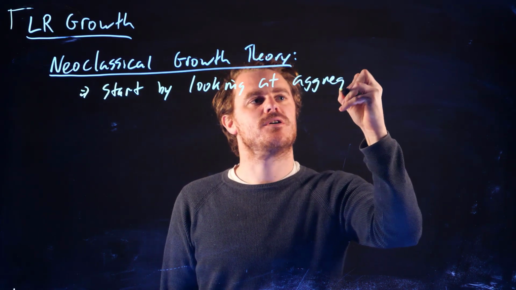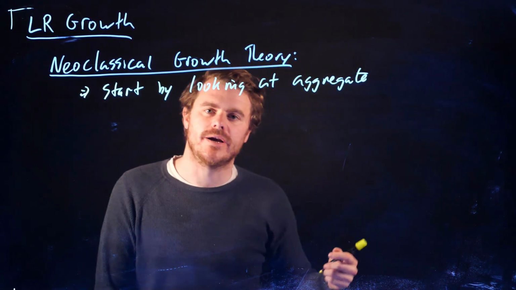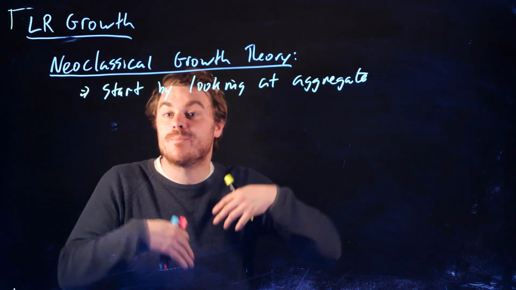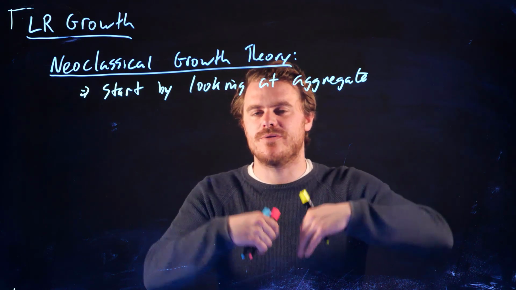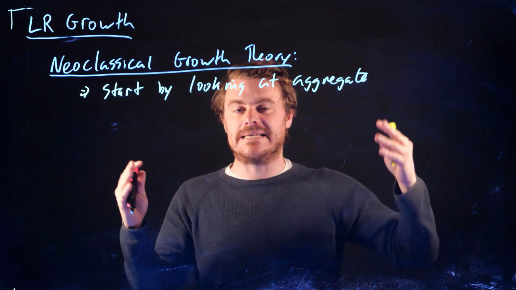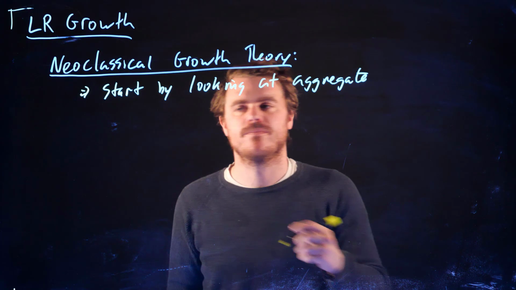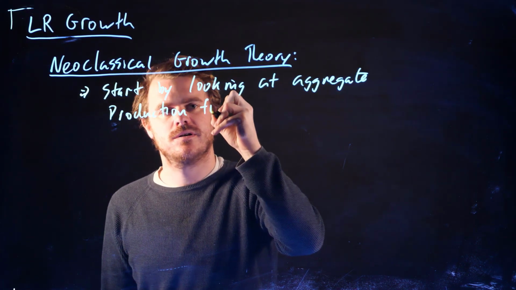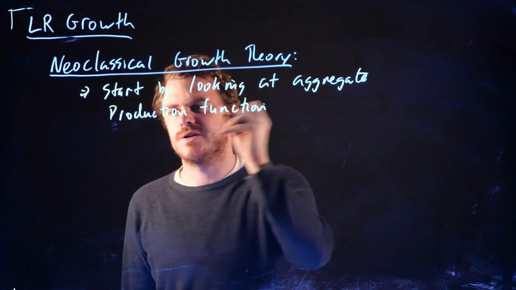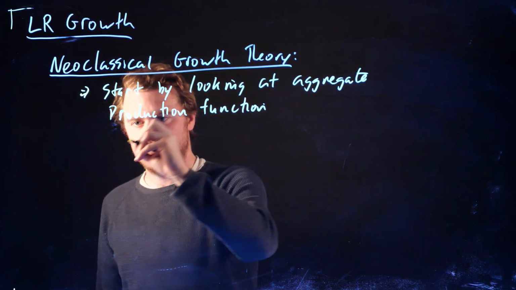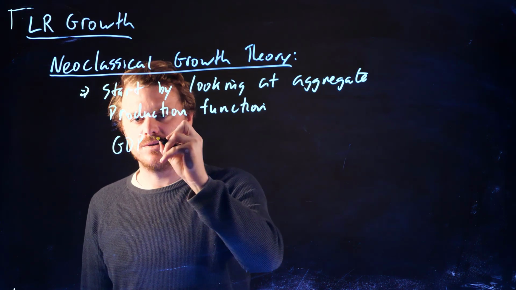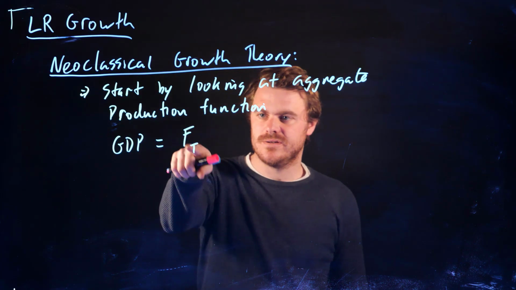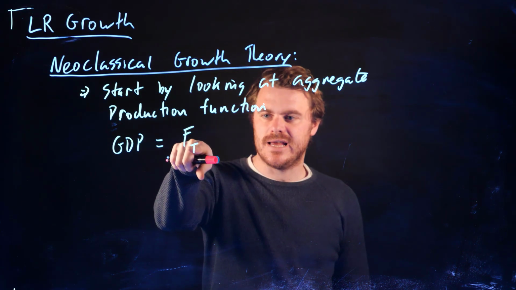If you remember when we did producer theory, or when we looked at the cost functions of firms, we had a production function. Here we have the same thing, but we're thinking about a production function in terms of the entire economy rather than just a firm. Production function. And so GDP equals some function, f, is the function, and it's going